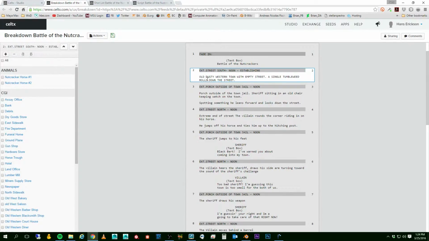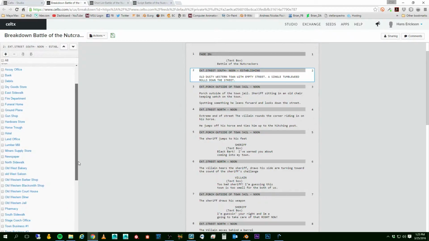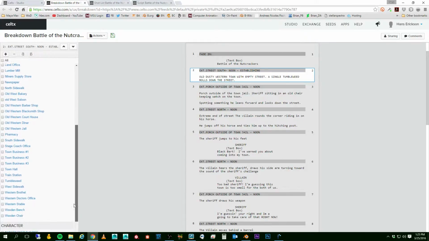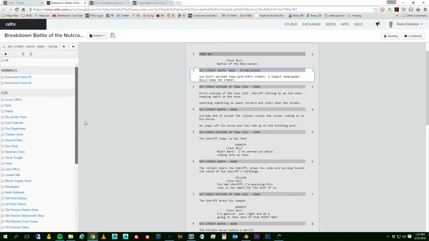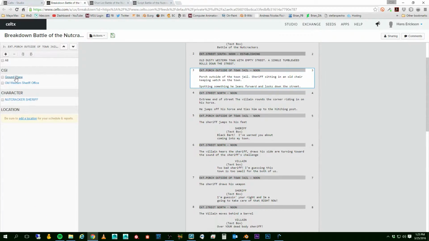Next I'm going to have the old dusty western town with an empty street and a single tumbleweed rolling down the street. Well, what am I going to need? Well, I'm going to need of course maybe a couple horses and an assay office and maybe a bank, and I've got some general ideas of different buildings. These are just ideas that I had. And I'm going to need the Nutcracker sheriff, a wooden chair, just some different assets that I'm going to need to build this shot. And then the next shot, I was going to need some of these items here, but